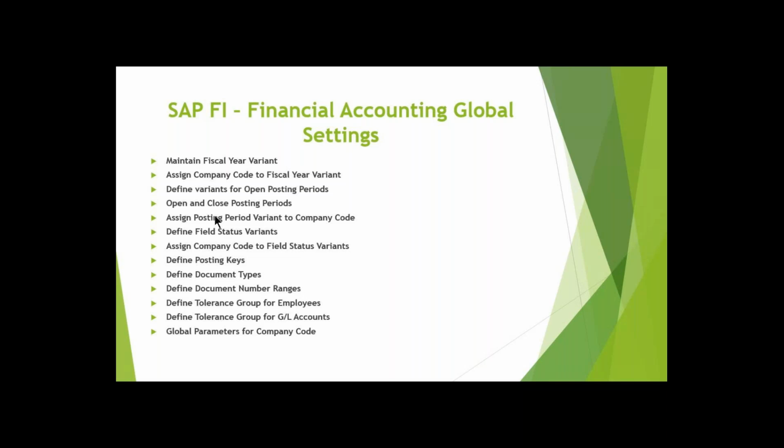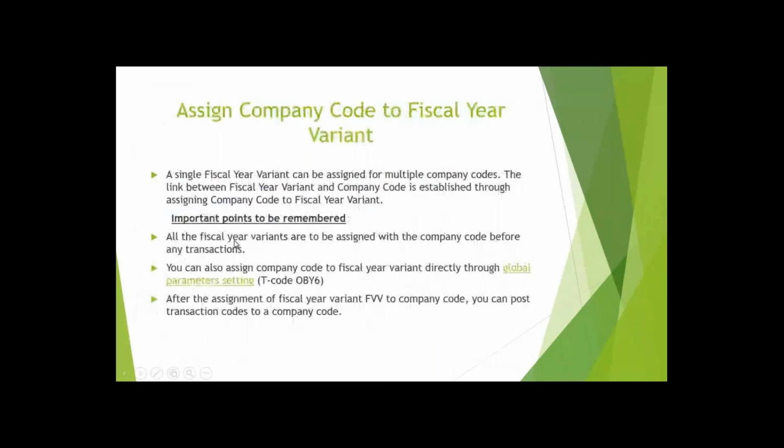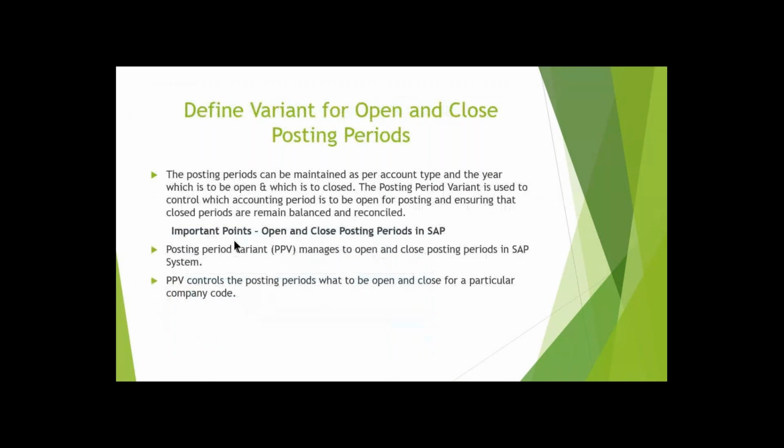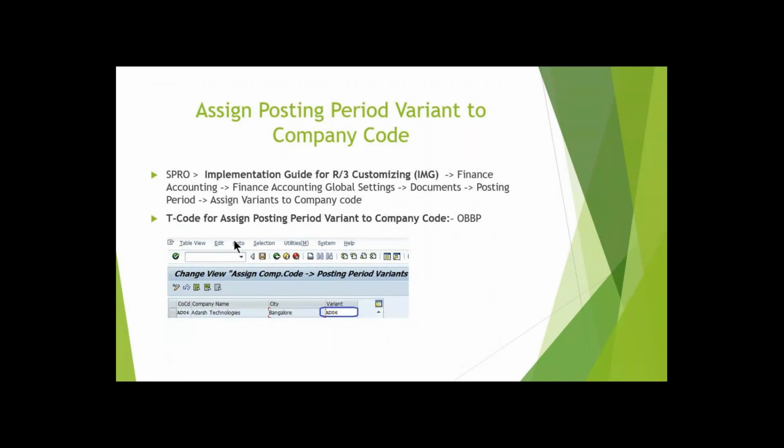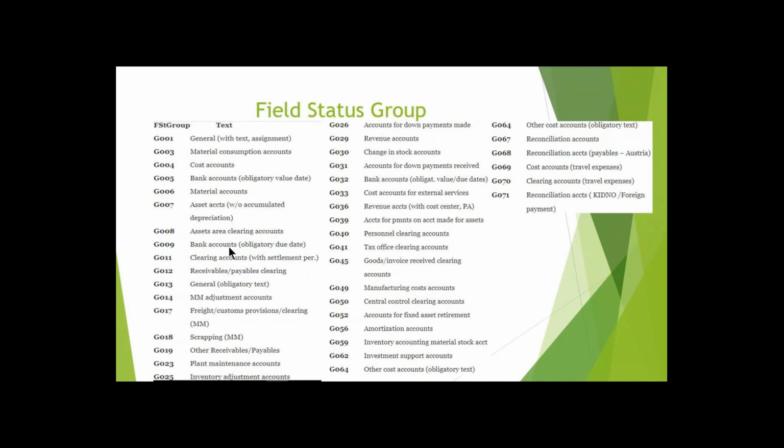Now you know everything. Whatever I ask you, you are telling. Does my computer know those things? No, sir. Then I should represent, this is the type of this nature, and the transaction will be done at this level only. That is your field status variant. There are a number of field status variants here. You don't want to create the field status variant, we just want to copy it. See, these are all my field status variants.